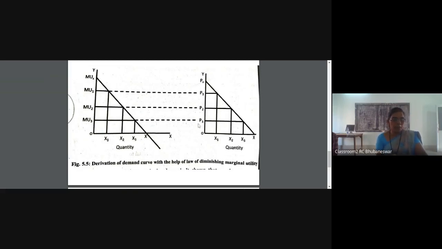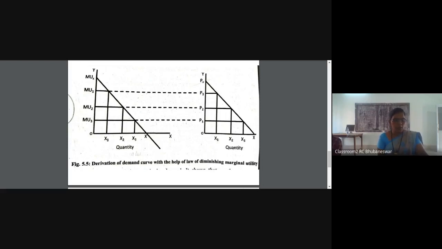When the points P1, P2, P3 are joined, we get the PX curve, which is the demand curve. And if at P3 the consumer buys OX3 quantity, and so on,